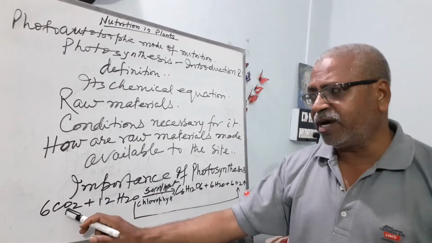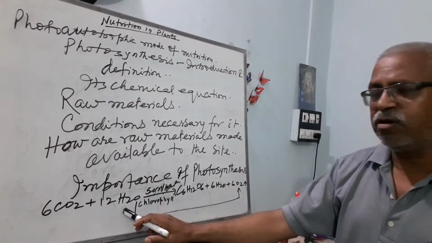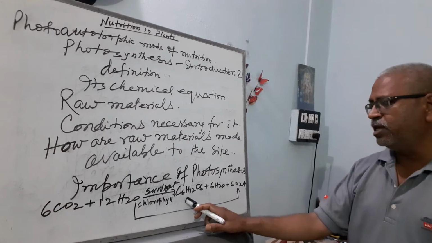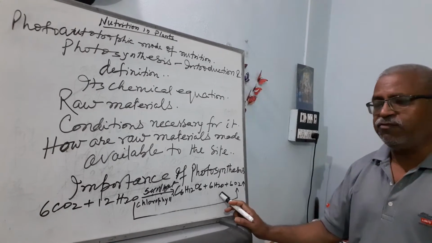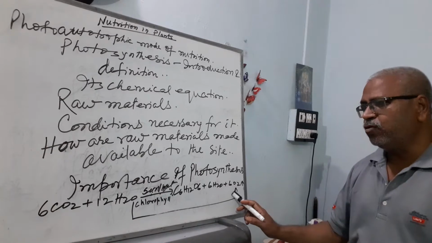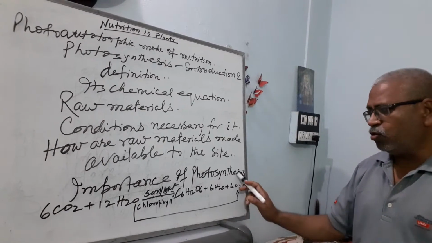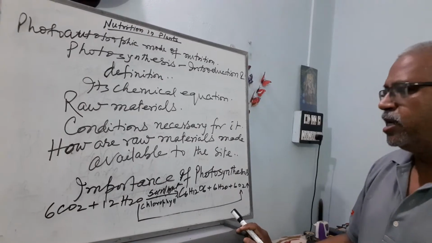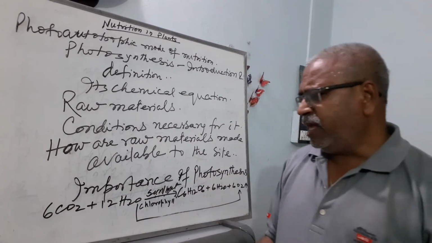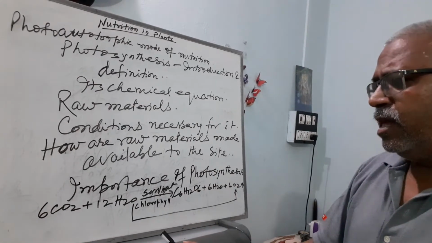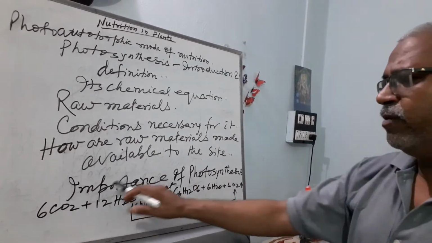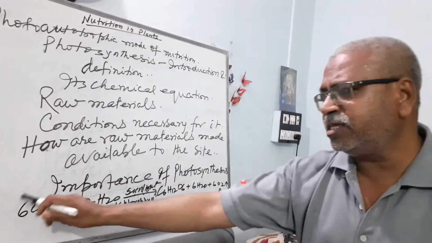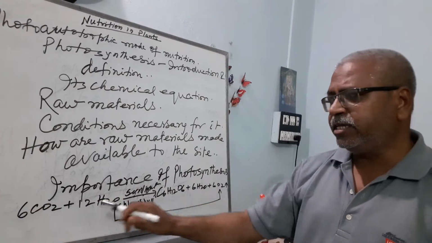6 molecules of carbon dioxide and 12 molecules of water combine to form 1 molecule of glucose, 6 molecules of water and 6 molecules of oxygen. Since oxygen is a gas, it evolves into the atmosphere. If you see this equation in the form of reaction, then photosynthesis can be defined as